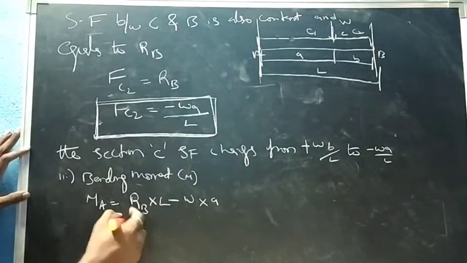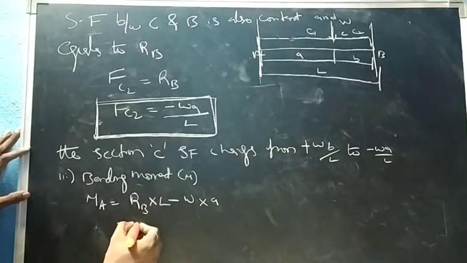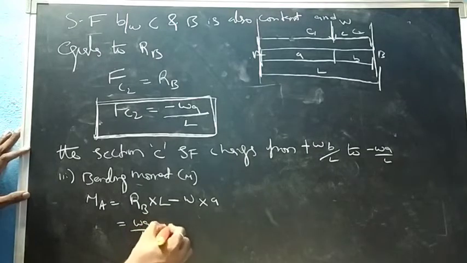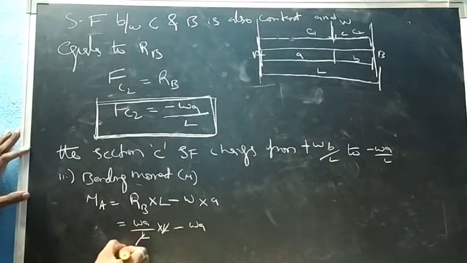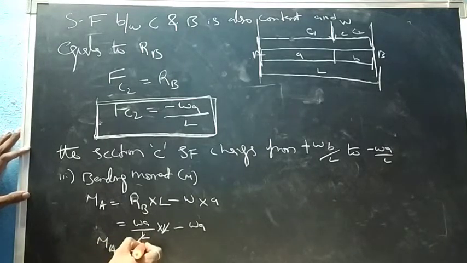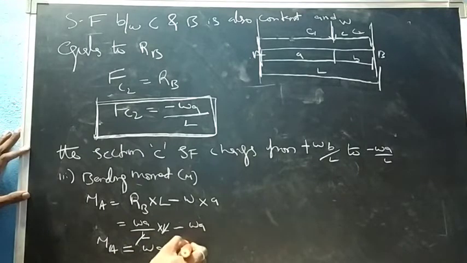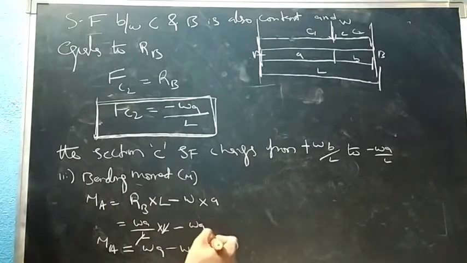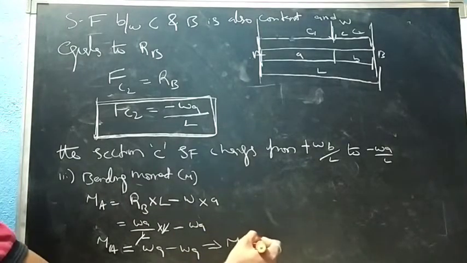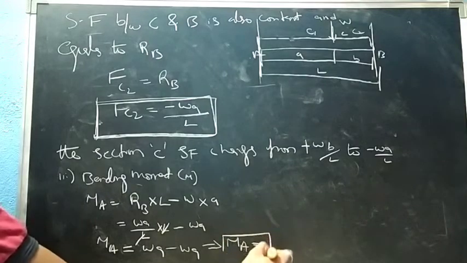From this we can find RB is nothing but WA upon L into L get cancelled, minus WA. So I can write MA equals to WA minus WA, right? That is 0. That means moment at A is in equilibrium,